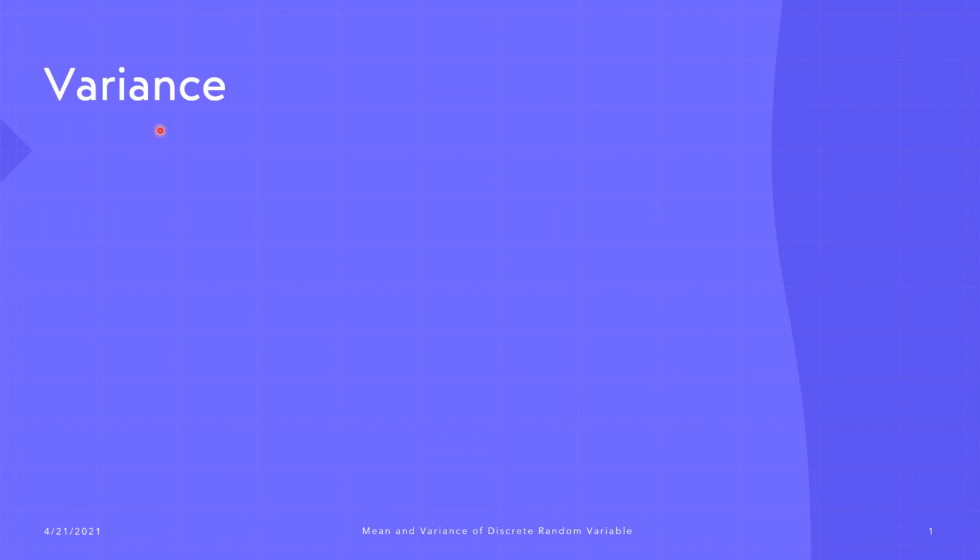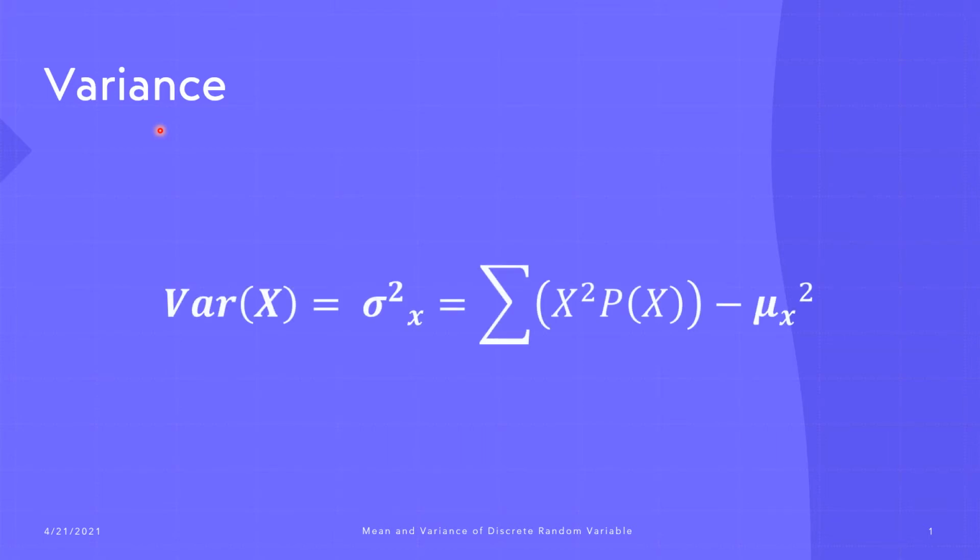In this video, I'm going to discuss the variance of a random variable. Actually, this one is the other formula for the variance of a random variable. And this will be part 3 of our discussion of the mean and variance of a discrete random variable. So, to begin with, the formula will be